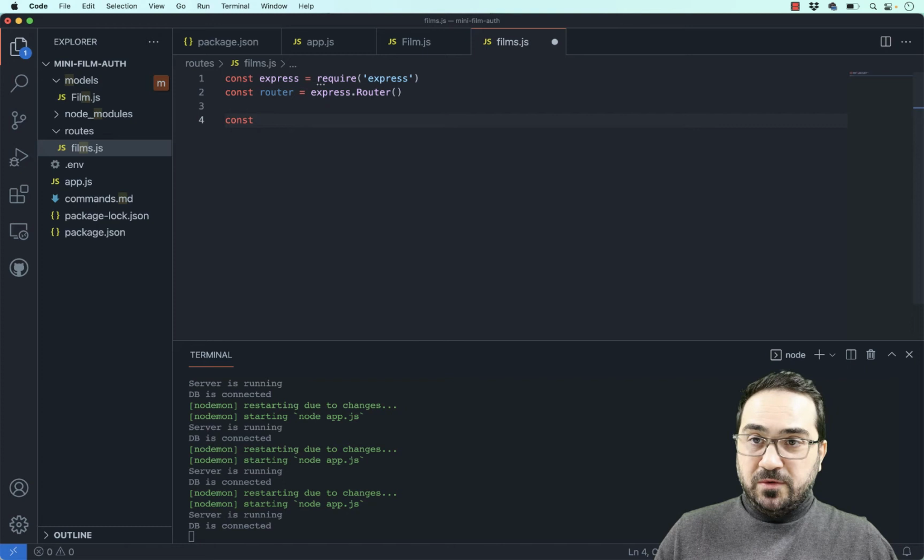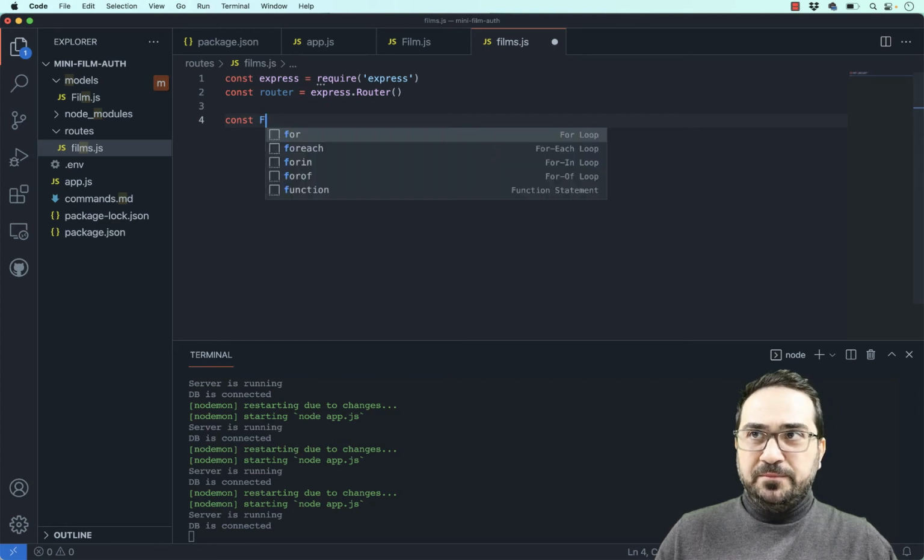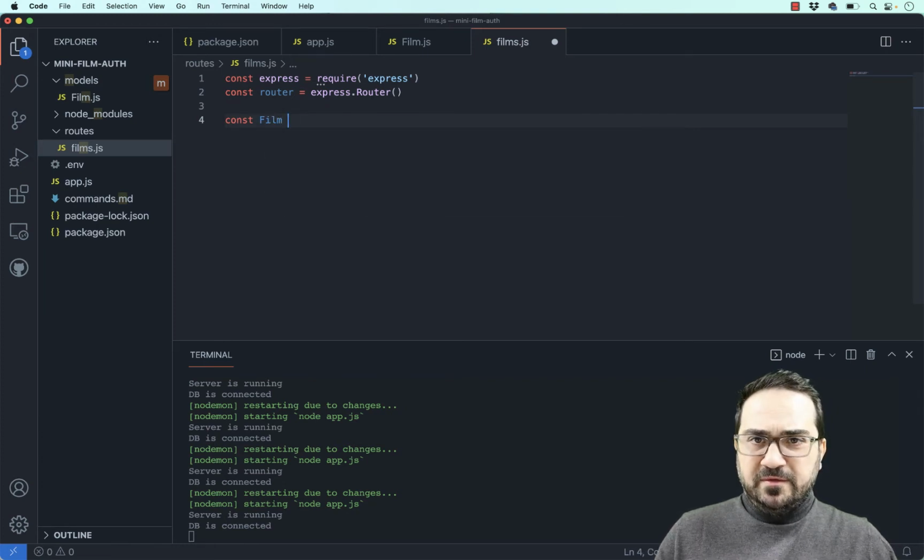I will call it constant film. Alright, that's my model, and this requires this model. Yeah, it's here, and the file is called film. And now I will say